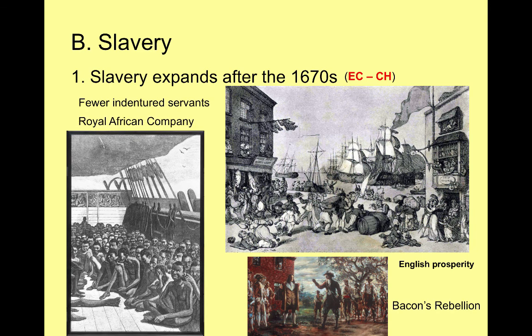Next, the Royal African Company is a British company that had exclusive rights to conduct the slave trade from Africa to the English colonies in the South. It was the only company that was legally able to do this, and so they had a monopoly on the slave trade, which meant that slave prices were very high. So before 1676, a reason to not use slaves and to use indentured servants is because the price of slaves was just so high. There were so few of them coming over because the Royal African Company had a monopoly that it made more economic sense to use an indentured servant because he was cheaper than using one of these expensive and relatively rare African slaves.